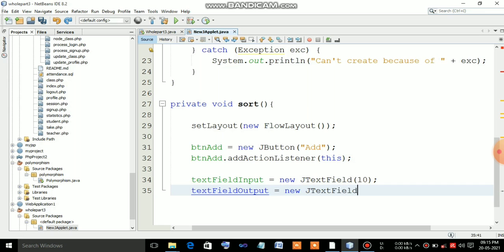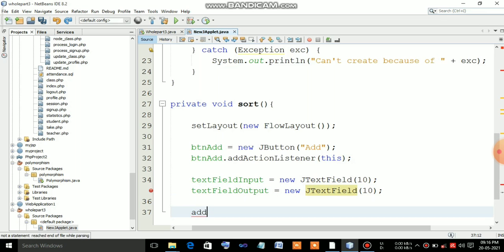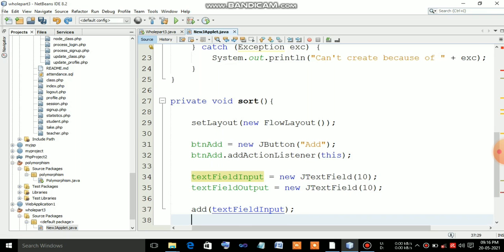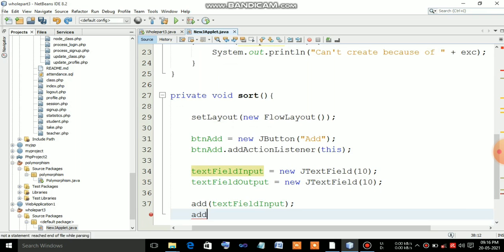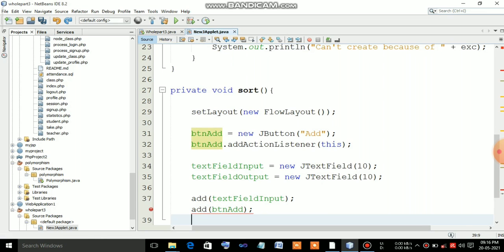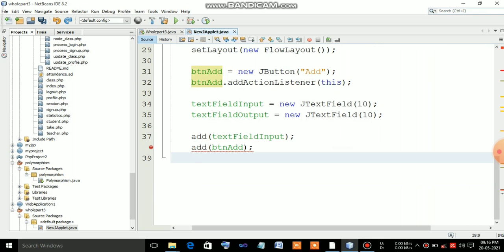J is nothing but Java applet, and JTextField with 10 as the argument. Then we have to add text field input, and add button add, and we have to click on button add, and we have to add text field output.